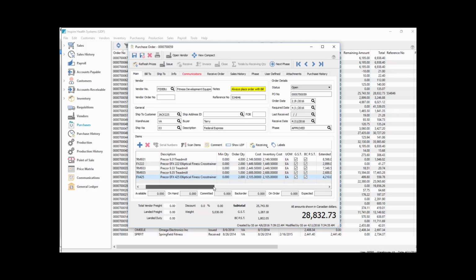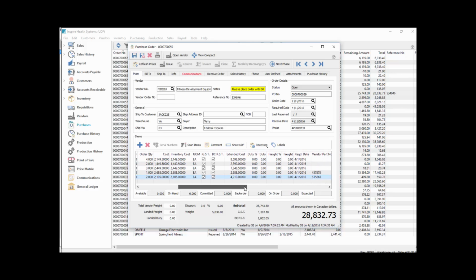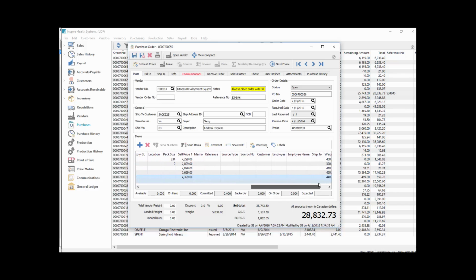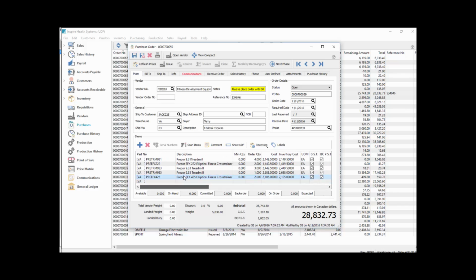The other information I see across here is the extended costs of duty and freight that can come from the inventory item if it's set up. Okay, you'll see down at the bottom here that I've got all my totals, and when it's ready to go, I simply issue this purchase order. So I click the issue button,